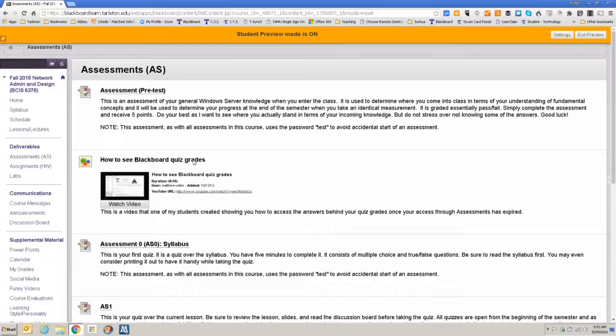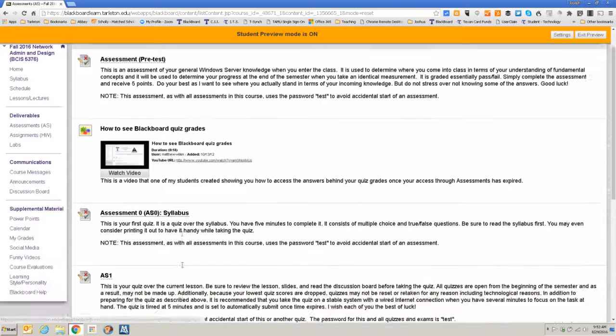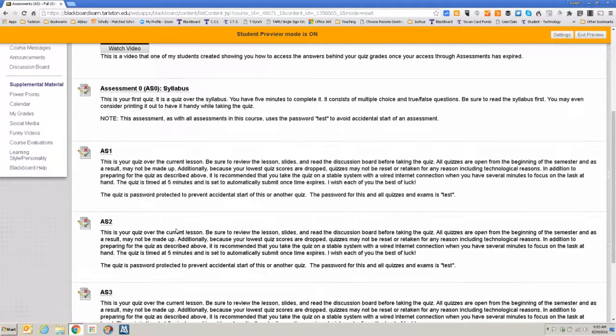Also, students' view of grades is different than mine, so I had a student put this together to show you how to see the questions that you're asked on a quiz and review those questions and answers. There's the syllabus quiz, which is meant to be a quick, easy quiz over the syllabus,